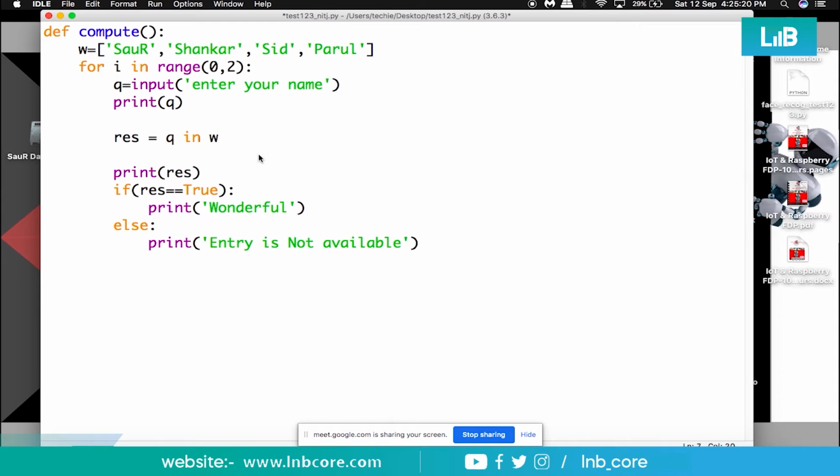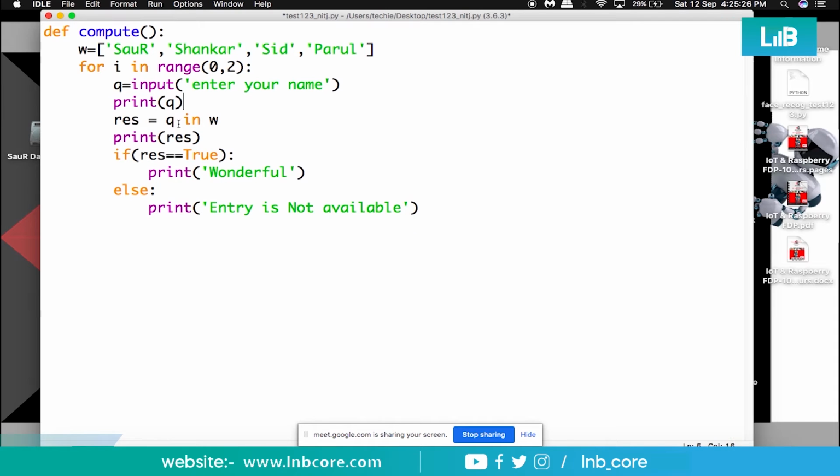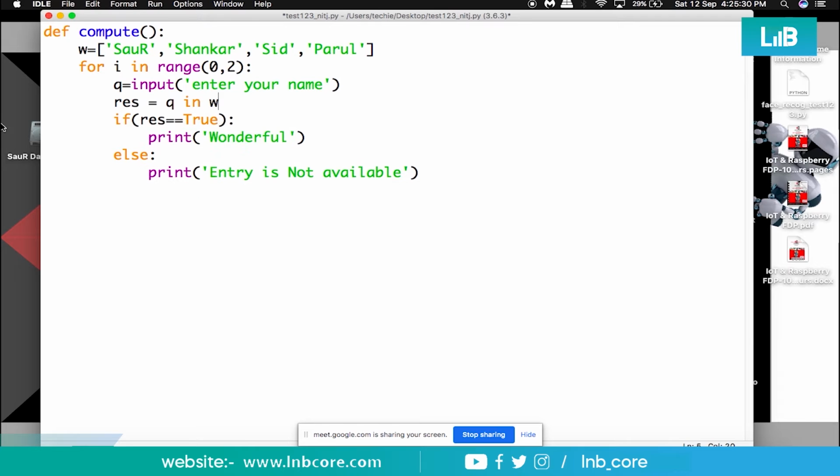This is your simple function where no return type and no argument is given. So we're not required to see this true and false. We'll directly be using wonderful. We can change the message, it is wonderful, or it is not available, like that.